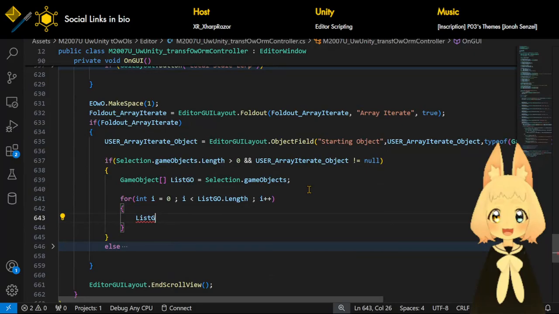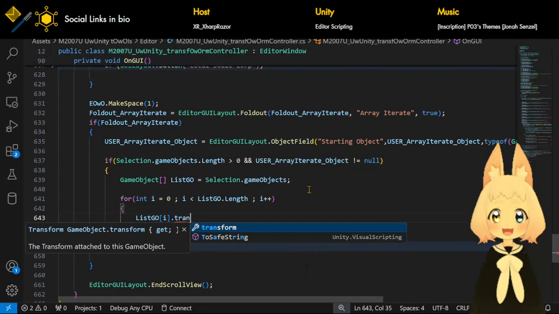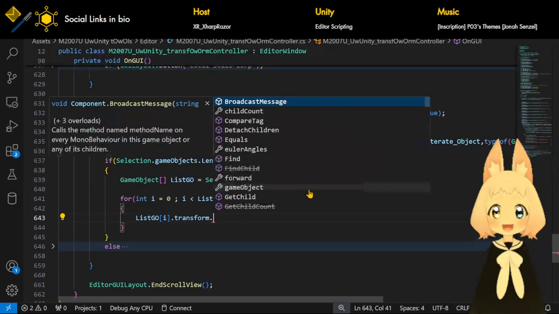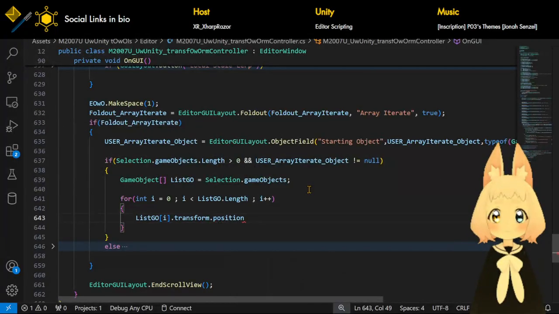Oh wait, no, forgot. There we go. And then we just go with transform position